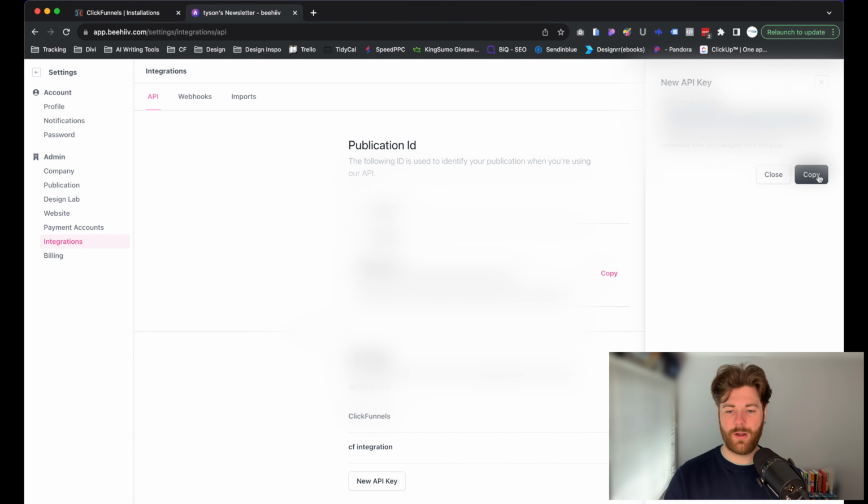All right, I don't believe it'll show you this again, so make sure to take this, write it down, put it somewhere safe. Otherwise, it's going to be lost forever. You're going to have to create a new key every single time if you do not remember it. So I'm going to go ahead and copy this, and we'll just go ahead and head back to ClickFunnels now